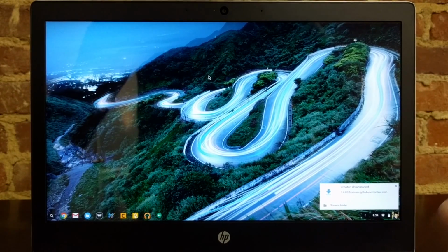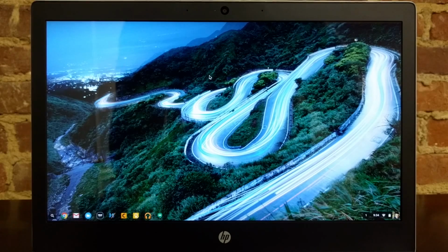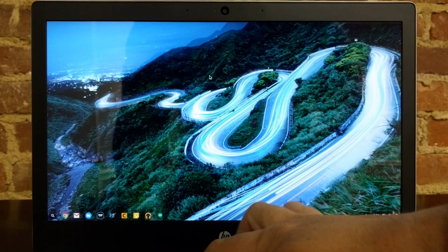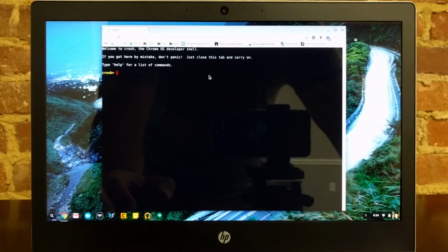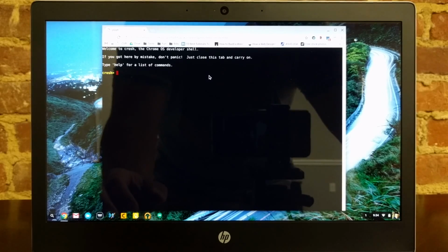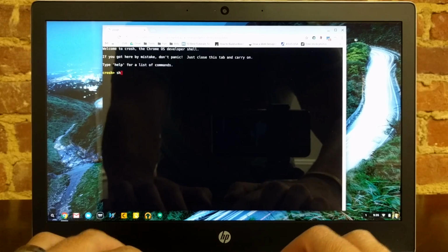All right, so here's the first step. You're going to hit Control, Alt, and T together. That's going to bring up your Crosh, your Chrome OS developer shell. So the first thing you're going to type, and again, all this stuff is going to be typed up fully on the website, you're going to type shell,